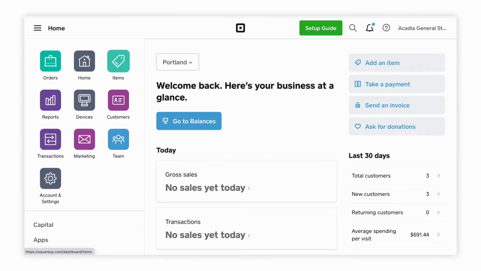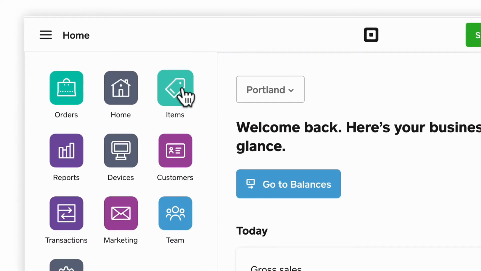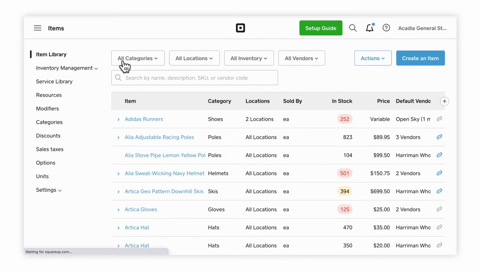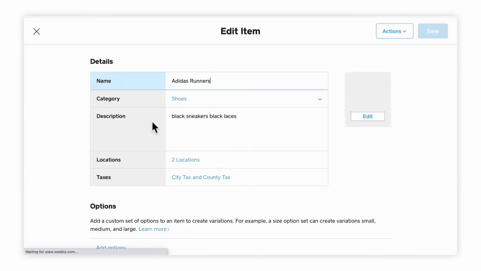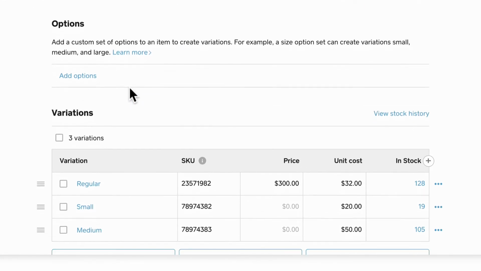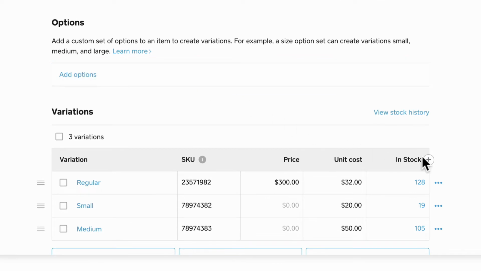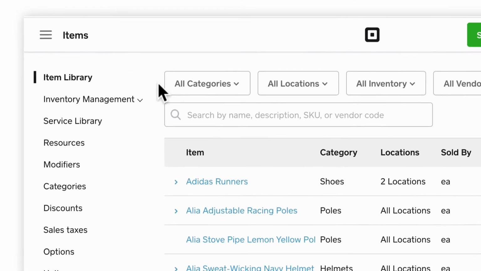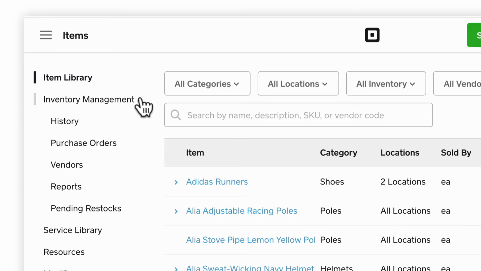While the standard Square account has a ton of features to help you run your business, Square for Retail has an entirely unique set of tools designed specifically for retail sellers. To get started, head to Items Online. Since managing inventory is key for running a retail business, just make sure you've enabled inventory tracking for your items. Next, you can view the retail-specific tab, Inventory Management.